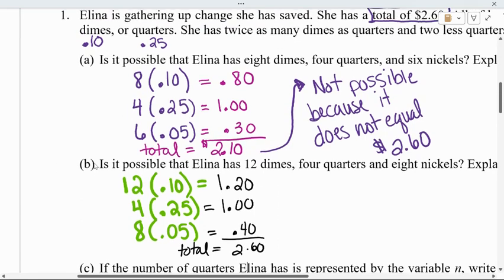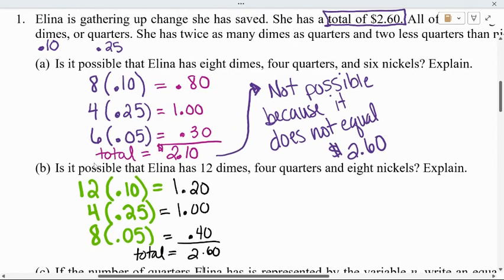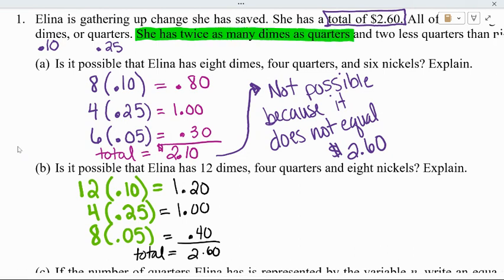Yeah? Okay, but let's read something because we didn't really read this. It's in the problem, but I didn't read it. It says she has twice as many dimes as quarters. Twice as many dimes as quarters. So how many quarters does she have here? She has 4. How many dimes does she have? Is 12 twice as many as 4? No. So this is not possible